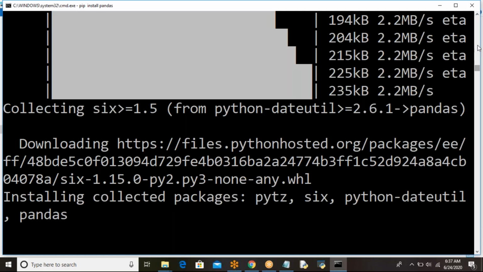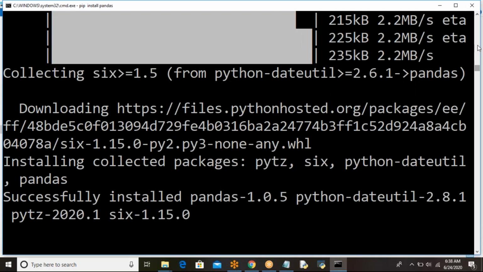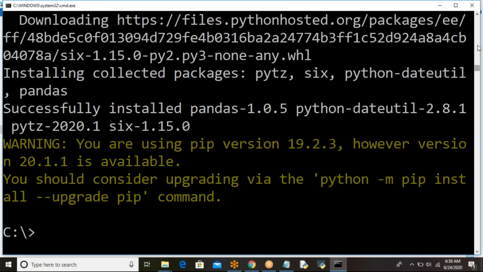First of all, I'll show you the basic programs. Okay, basic things and basic programs. We'll type them in IDLE and the command prompt. I'll show you how to execute all those and how to recognize the errors, and if you get any errors, how to resolve them. Okay, successfully installed pandas.